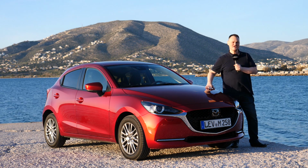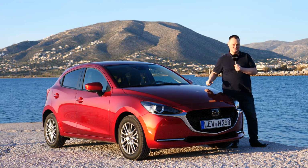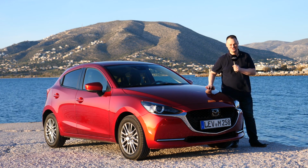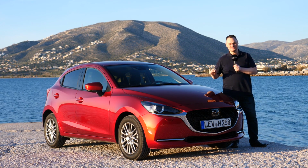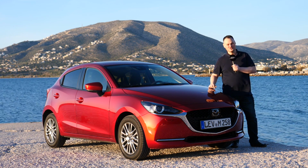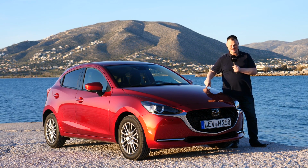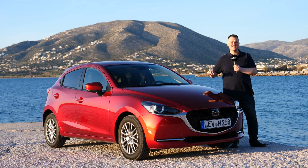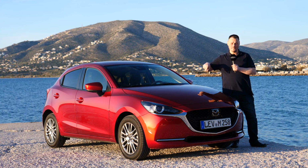As the sun sets here in Athens, it's time to draw in our conclusions about the new Mazda 2. Well, newish Mazda 2. Let's talk first of all about pricing. The base entrance level price on this car is €14,190. If you want the sports line, and that's this car, the entrance price is €19,690,